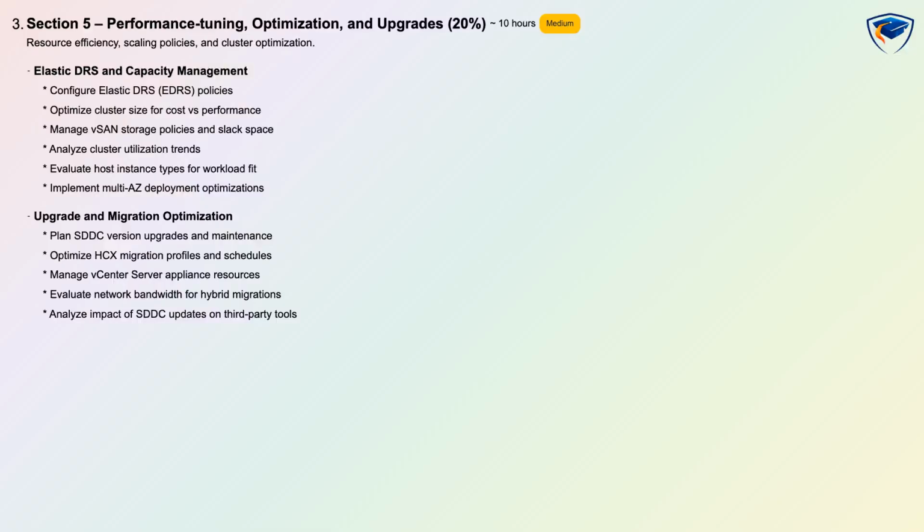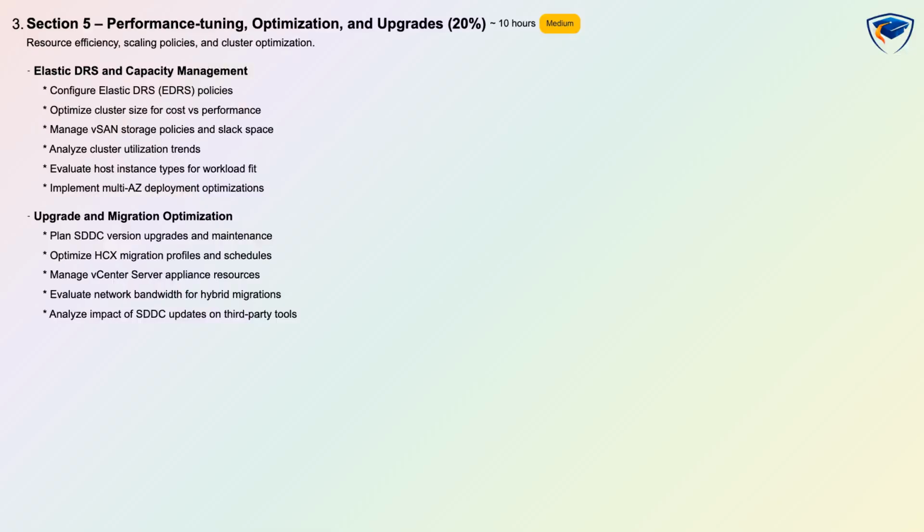Section 5 Performance Tuning, Optimization, and Upgrades makes up 20%, is medium difficulty, with about 10 study hours and a mix of conceptual and scenario-based questions. You will learn elastic DRS and capacity management by configuring EDRS policies, optimizing cluster size for cost versus performance, managing vSAN storage policies and slack space, analyzing cluster utilization trends, evaluating host instance types for workload fit, and implementing multi-AZ